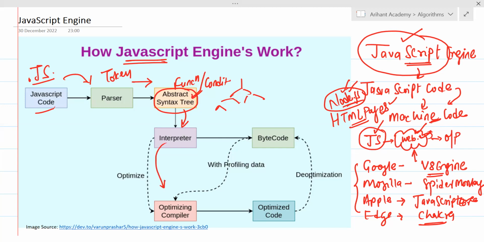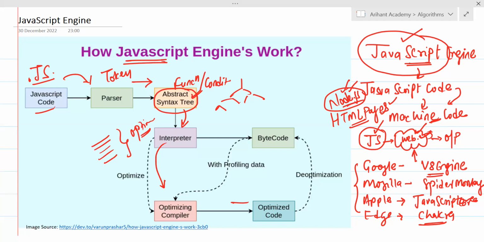So what is the optimizer? Let's say you are writing several lines of code, and those lines of code are going to be optimized. It is going to remove all the unnecessary lines of code, and all the code which is repeating again and again. So it optimizes that, and after that, the optimized code